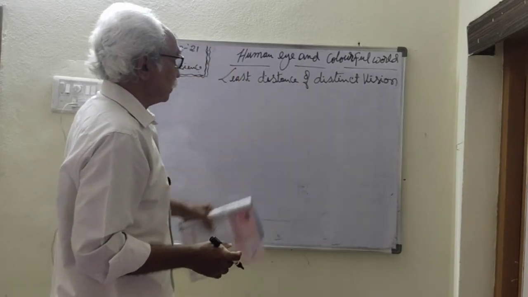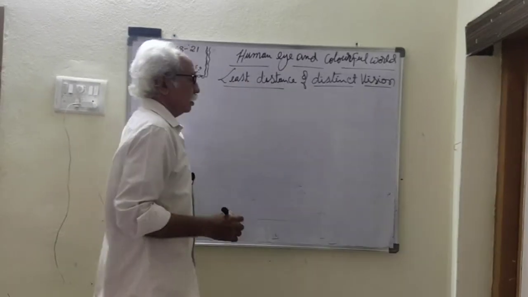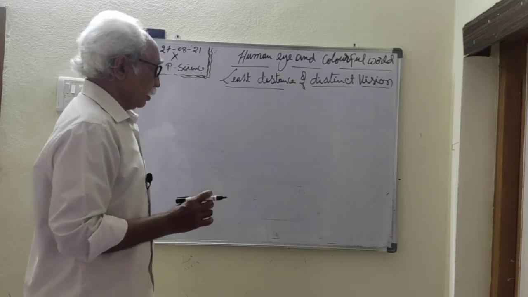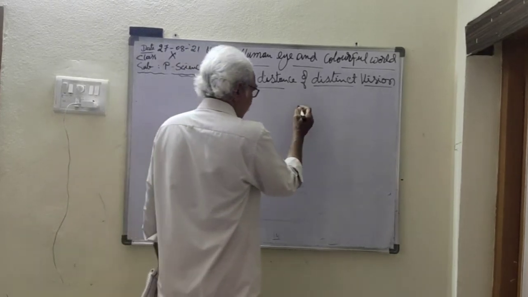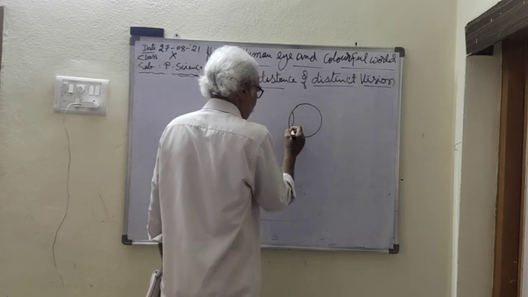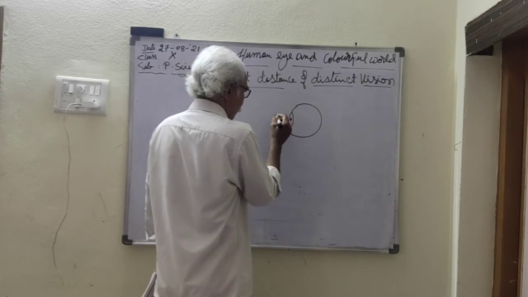Least distance of distinct vision. What is the concept involved in this? Suppose here an eye is there. So here you find when we put a book here, you see,